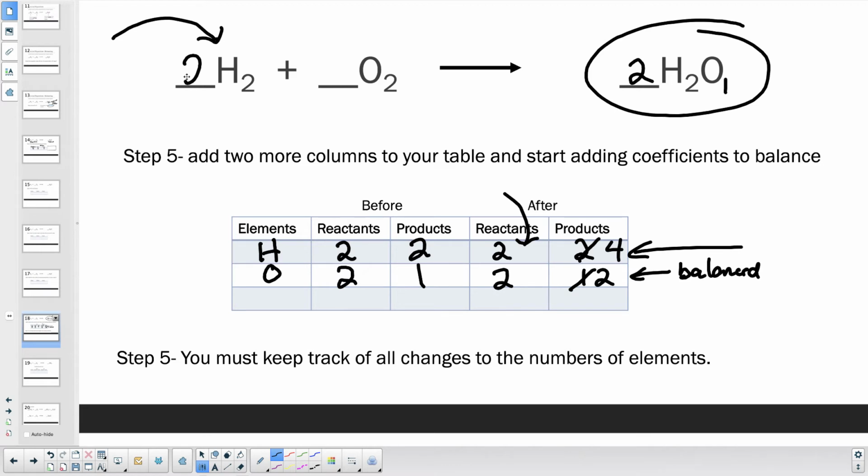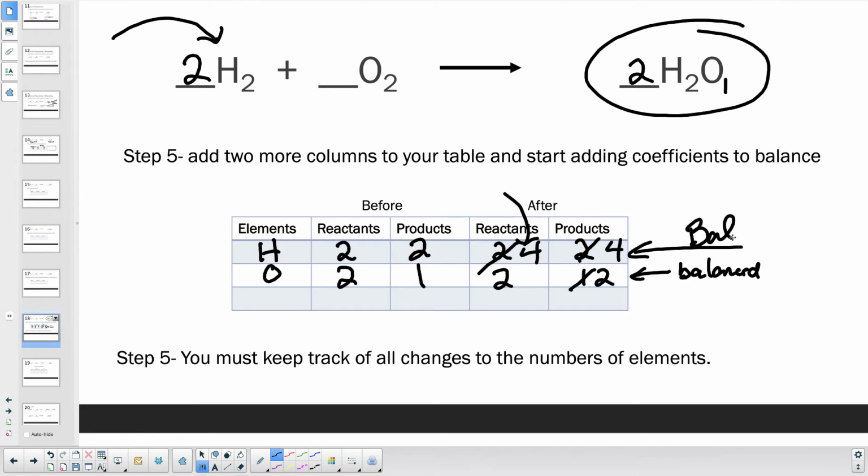Hopefully you figured out that you could put a 2 there. And what that does for us is it changes that 2 to a 4, and now we have 4 hydrogen on the reactant side, 4 hydrogen on the product side, 2 oxygen on reactant, 2 oxygen on products, and this